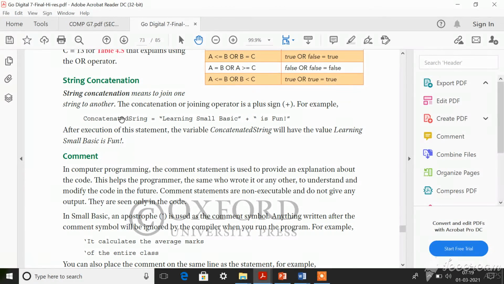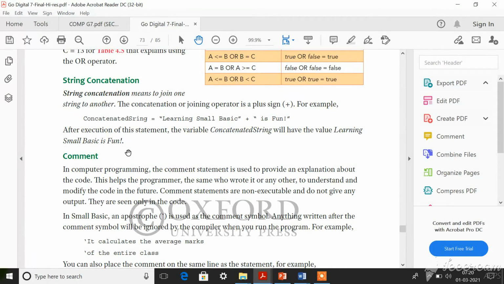That means combination of strings, isn't it? So this is how your variable name should be. Now when you type this in a program and when you run this, your output will be learning small basic is fun. So learning small basic plus is fun, together it will be given as output.